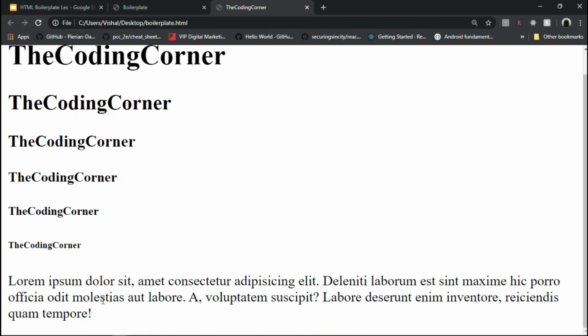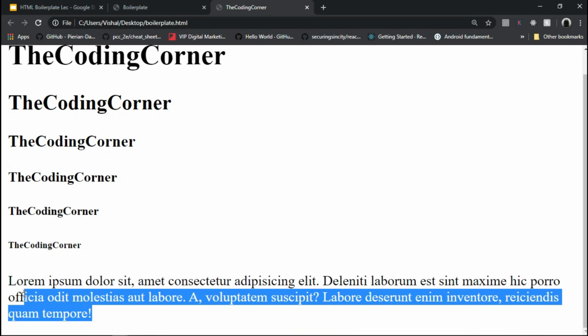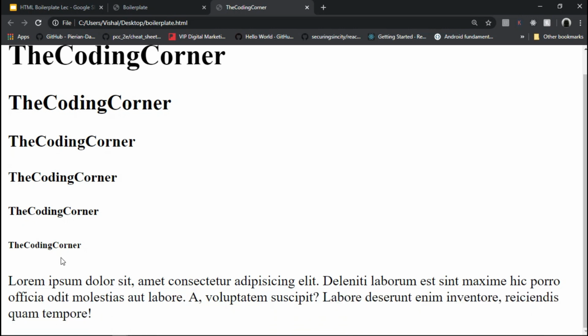And you can see here that the paragraph appears, and you can just see how the text is looking in your web page. This is very much beneficial when you are including some fonts in your web page, so that you can just test out those fonts by generating some random text.